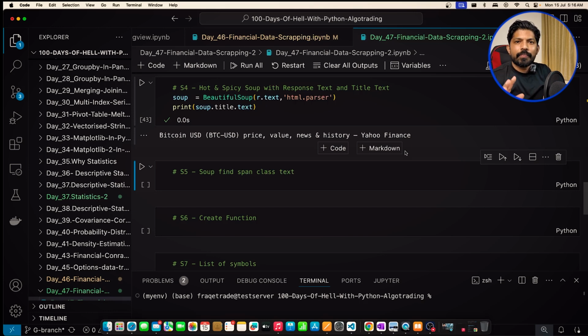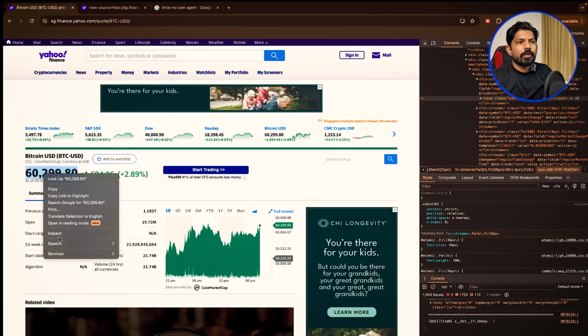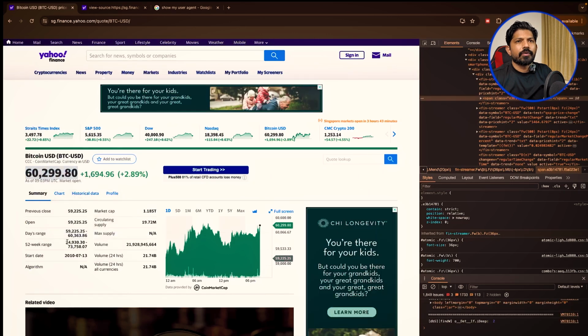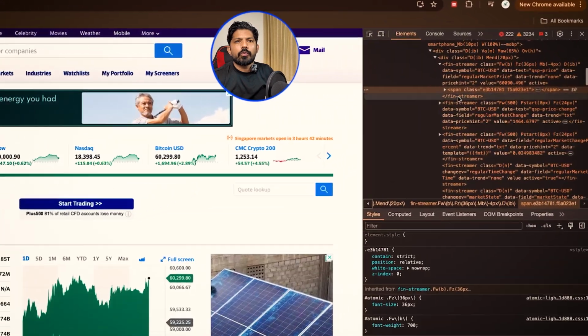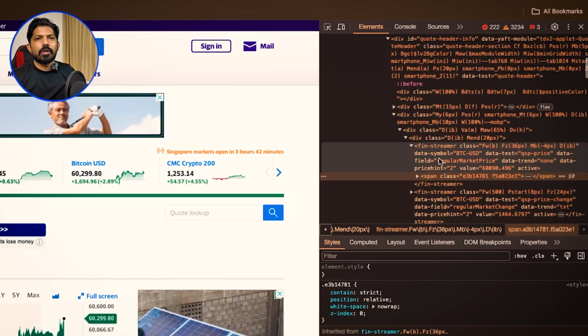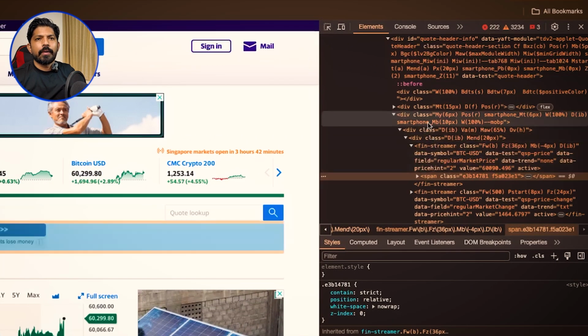So I think until this, it's very easy, nothing to worry. You can just practice and it will be like a smooth journey. Now the important part comes. We have to find the price and the price change. For that, you have to go back to the web page and click on inspect and you just click here. When you hover here, you will see that the text on the right will get selected. So when you hover here and click, and now when you navigate here, go up, again go up,